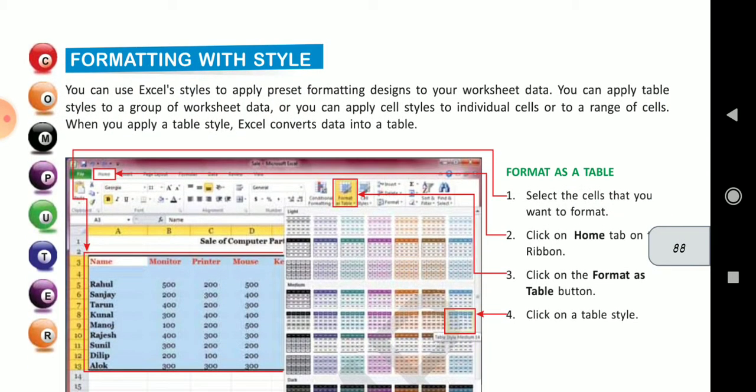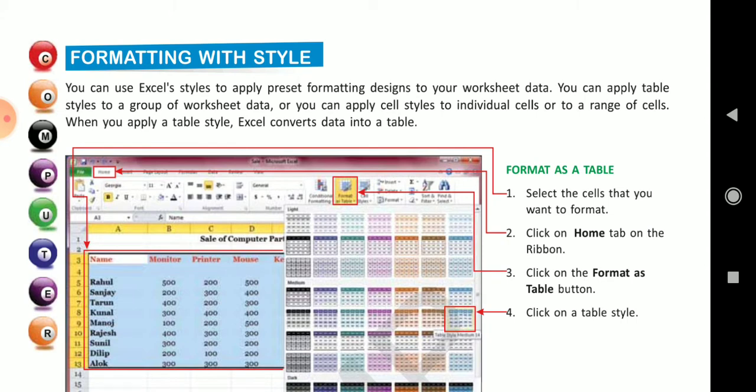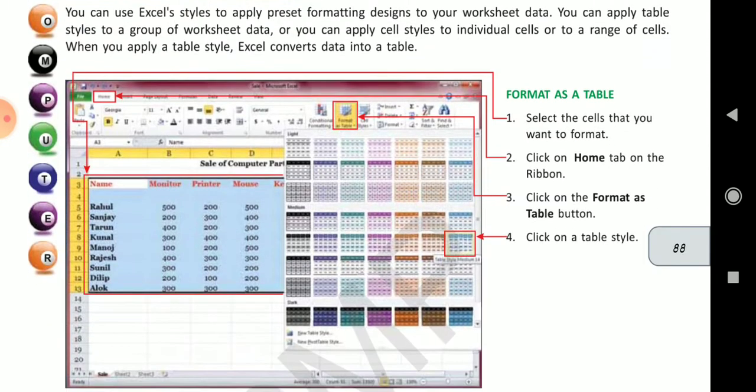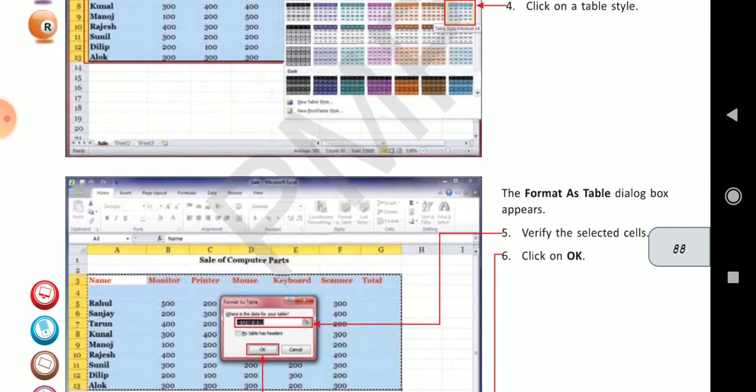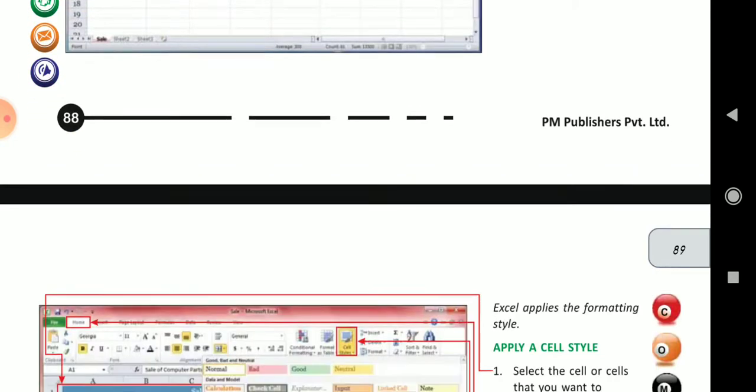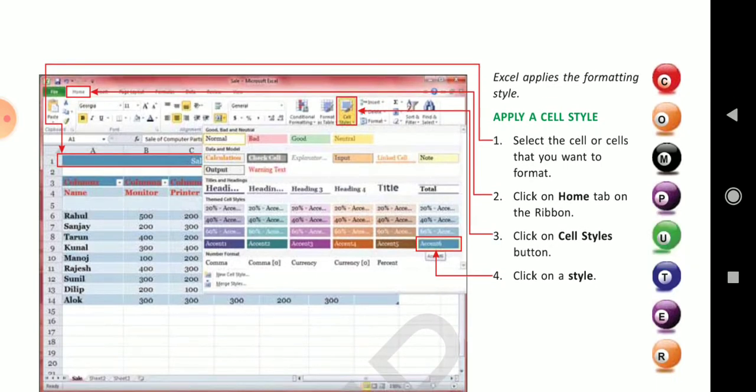Formatting with style. Again, format as a table. You can change your whole data into the form of a table, and you can also change the table formats here by clicking on the Home tab and Format as Table. Under that, when you have selected the table theme, you can also change the style of the cell. Apply a cell style to change the style of the cell.